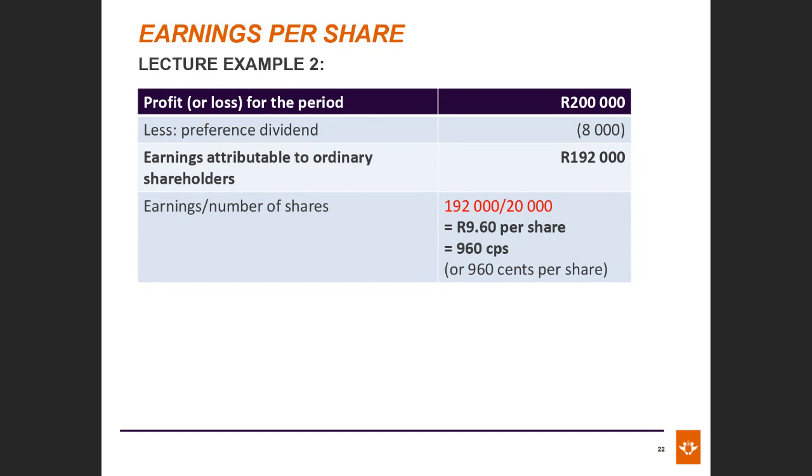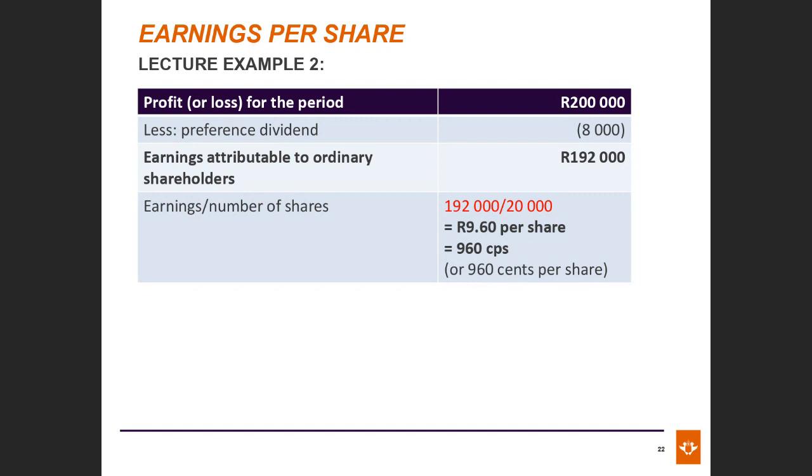So how do we calculate our preference dividend? Let's just go through this. So we have 20,000 preference shares in issue. The preference shares have a face value of 4 Rand. So we're going to go 20,000 times 4 Rand. That gives us 80,000. Then we need to multiply that by 10%. And that will give us a preference dividend of 8,000 Rand. So from our profit or loss for the period, we need to subtract the 8,000 Rand, which is our preference